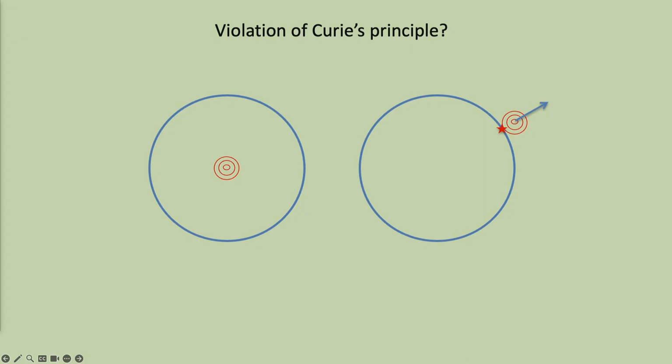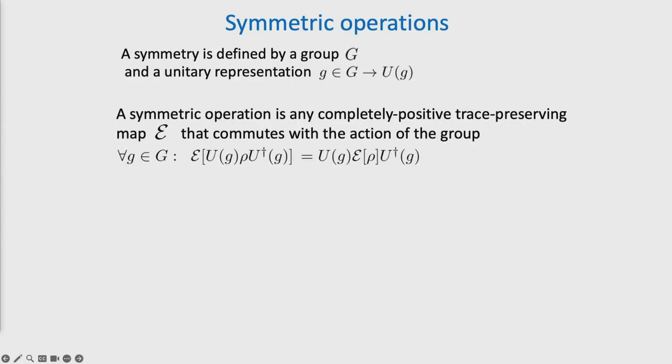Okay, so I want to try to persuade you that thinking about the resource theory of asymmetry suggests a way of maybe salvaging Curie's principle, or a way to think about Curie's principle given these examples, given this apparent contradiction of the principle. So I'm going to define the resource theory, tell you about some results, and then we'll come back to those puzzles at the end.